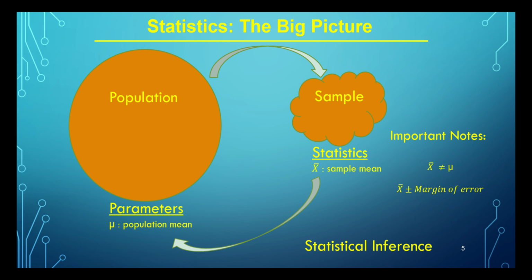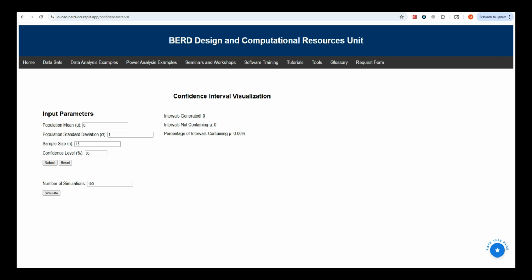In this video, we're going to talk about a web app that allows us to visualize this process in a simulation for certain population parameters and how those intervals are constructed so that we can understand what it means to be 95% confident that our interval contains the true parameter. This web app allows us to visualize confidence intervals for populations with specific features. I can modify the input parameters to specify the population having a specific mean and standard deviation, indicate the sample size that I'll be drawing from that population, and what level of confidence I'm interested in.